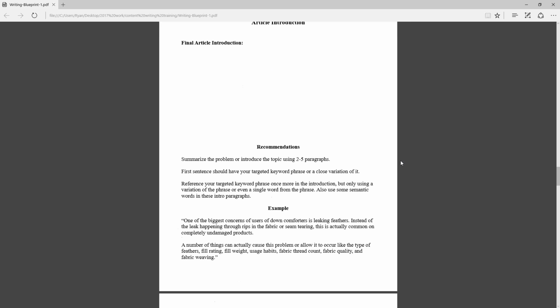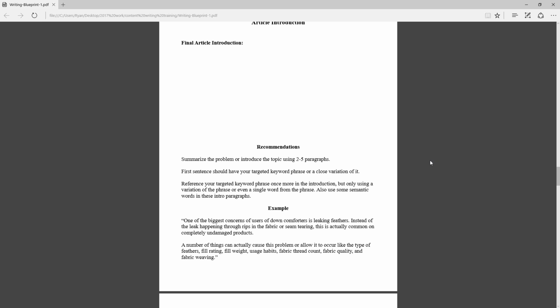So to begin an article, before you really dive in and start talking about a subtopic for your article topic, I start every article off with kind of an introduction.